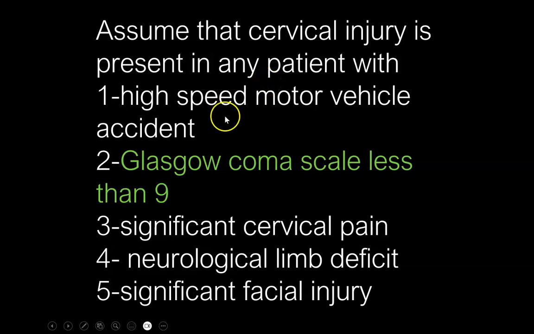If a patient has Glasgow coma scale less than 9, so he is comatose, he can't express himself, also consider cervical injury. If the patient is conscious but having significant cervical pain, limitation of movement,